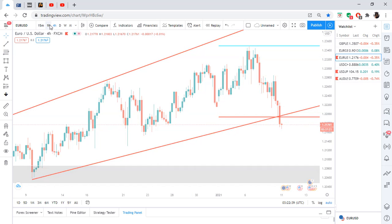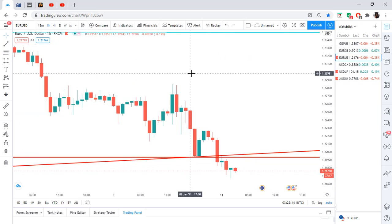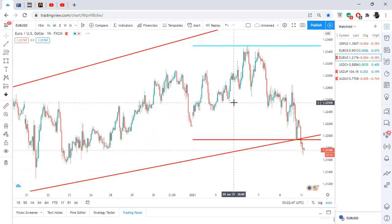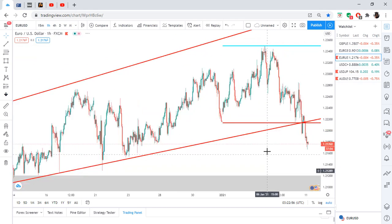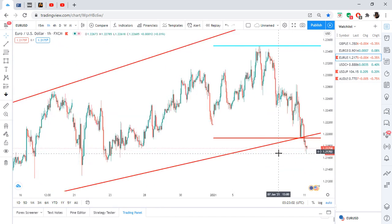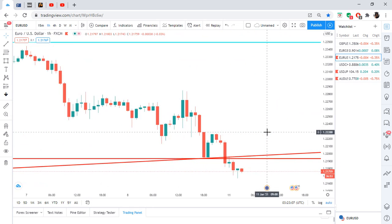let's go to the 1 hour. As we get to the 1 hour, here we have a reversal candlestick, but for me it's not on the line here. So I'd be very skeptical of taking it. But